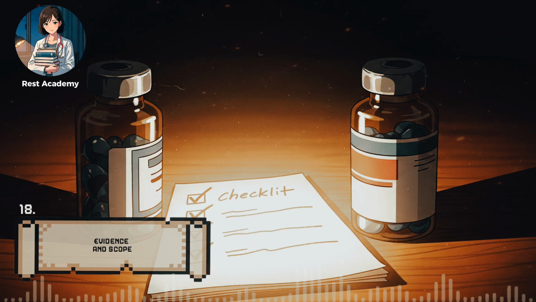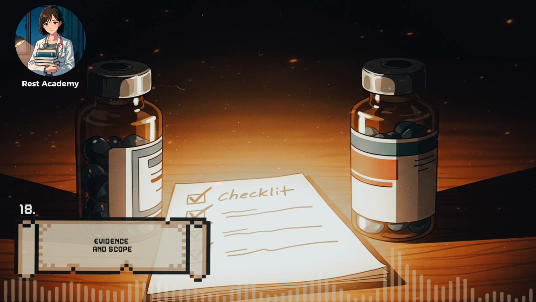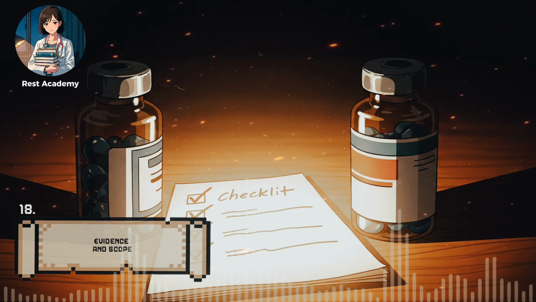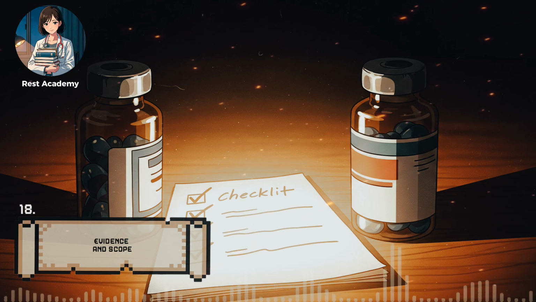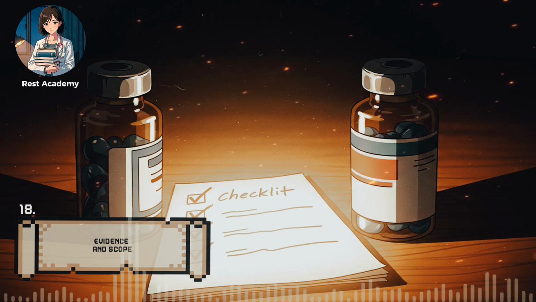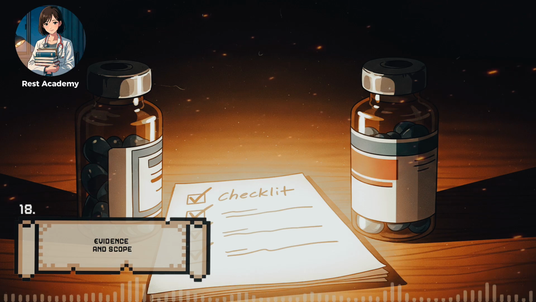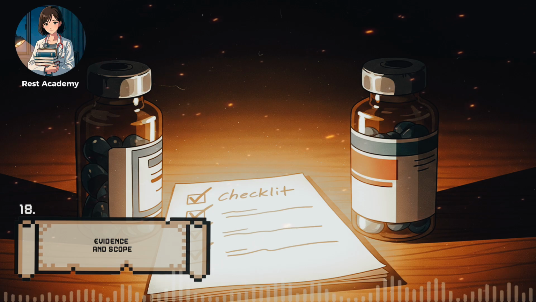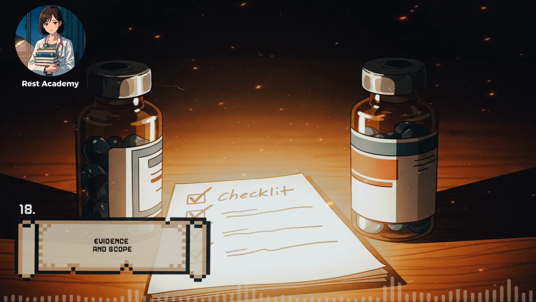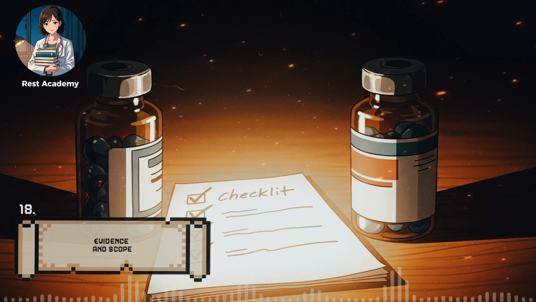Another case, a patient with new asthma symptoms. Albuterol provides quick relief, but guidelines suggest adding inhaled corticosteroids for long-term control if symptoms persist. Here, efficacy directs albuterol for acute episodes and steroids for prevention. Safety prompts review of side effects like tremor or oral candidiasis. Suitability ensures the patient can use an inhaler correctly. Evidence ties choices to reduced hospitalizations and improved quality of life. Without these layered considerations, prescribing would be blind.